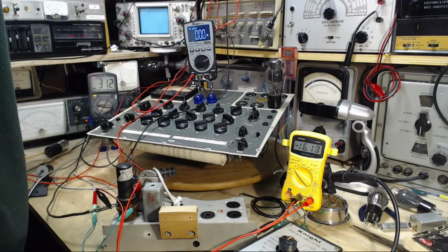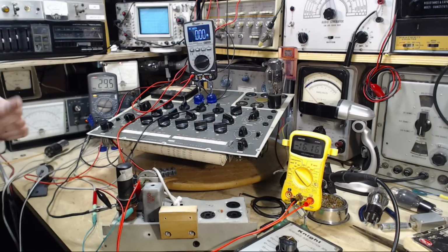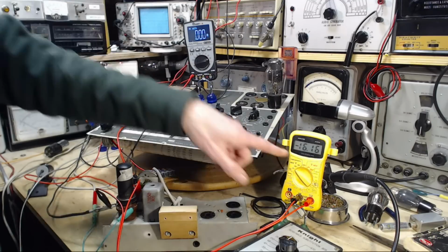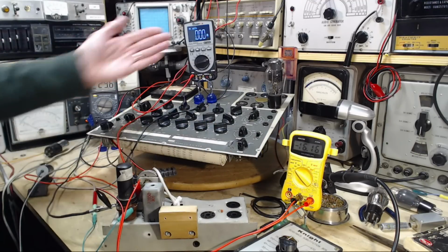Okay, we're in the 30 range now, and the voltage is around 200, somewhere in that range. Around the 500, make sure it's correct. We're at around 200 volts on the plate, 30 milliamps flowing, -16 on the grid. Heater is...